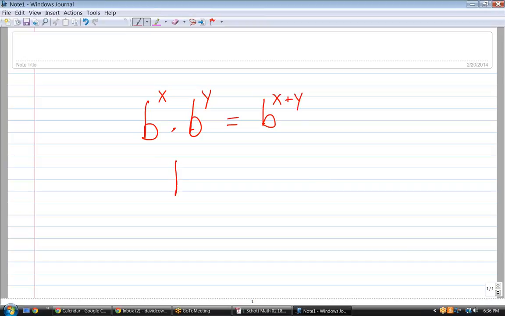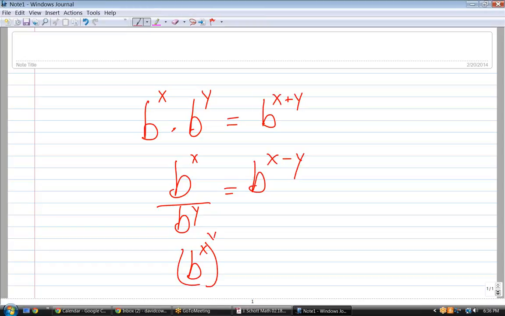If I am dividing, same base, different exponents, I'm going to subtract the exponents, one level less. And if I am exponentiating, I'm going to do one level less, which is multiplication. Okay. See the pattern? Yeah. Okay, so